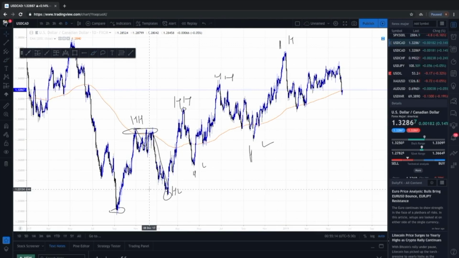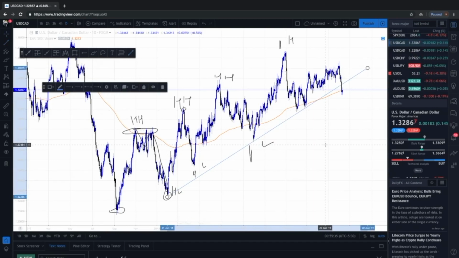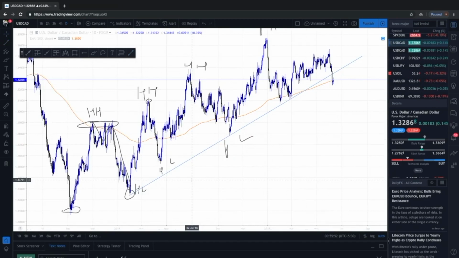So what the traders do in a scenario like this is they try to connect all the higher lows by a trend line. So let me use it. Like this. When the traders draw a trend line by connecting the higher lows, and when they get two touches on that trend line, or the two touch confirmation, they have a belief that whenever the price touches the trend line, the price will move back.